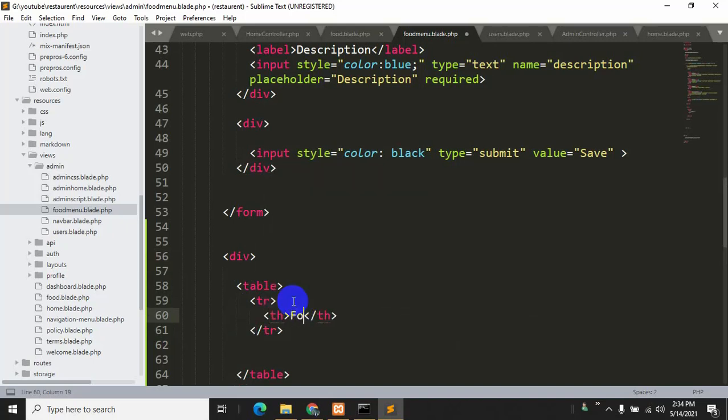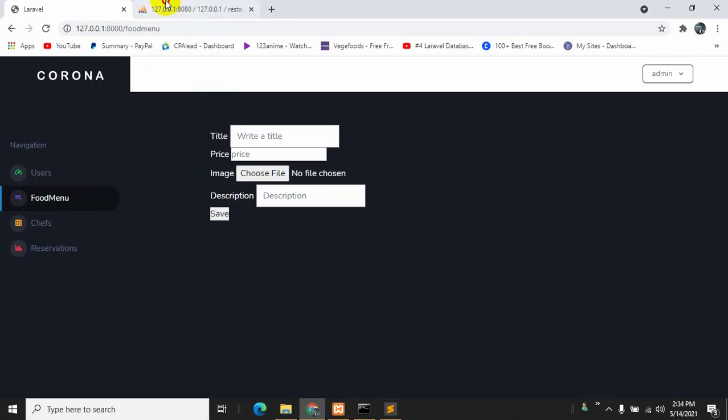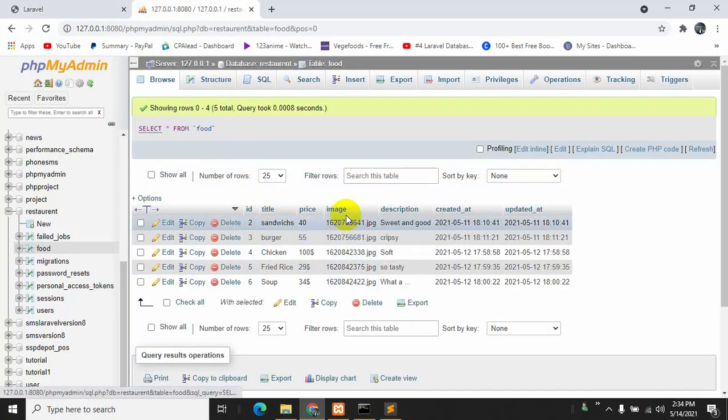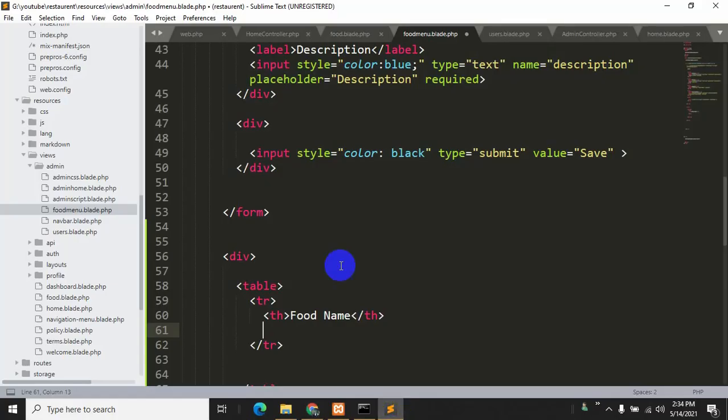So first one will be, let's say, food name, and we have a total of 4 entries over here: title, price, image, and description. So we'll say th 4 times. Let me just copy this th and paste it 2 times.